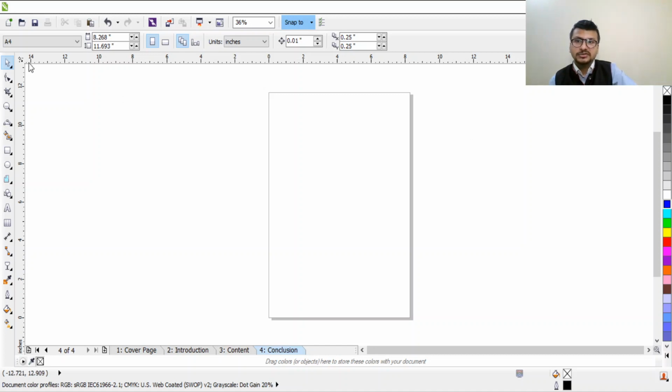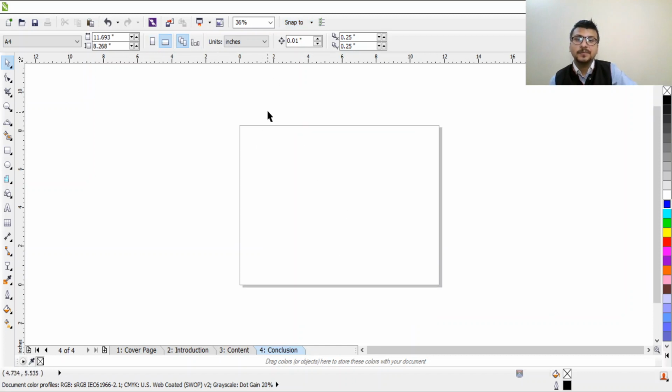On the top, you can see this is a ruler guide, starting from 14 and ending around 20 22. So this is giving you the idea, if you're using the landscape page, it is starting from 0 to 12. If you want to enter any element in the middle of this page, 6 will be the middle of the page, and we can add any design over there. If you want to bifurcate the page, you can use that.